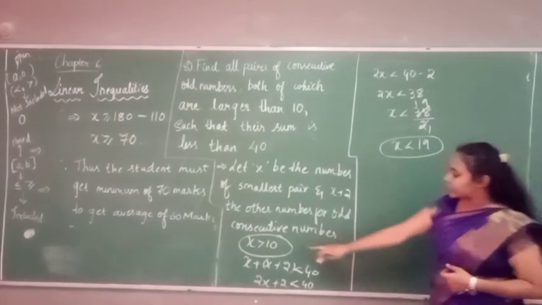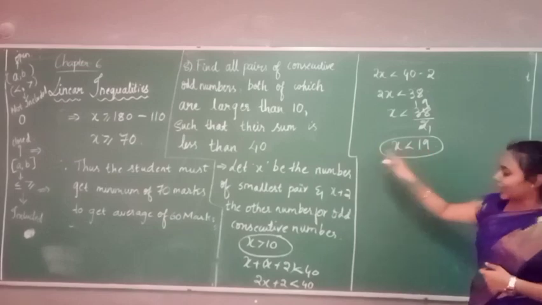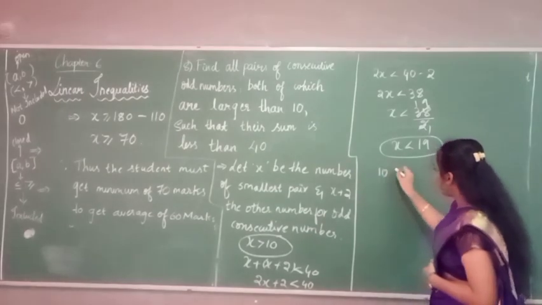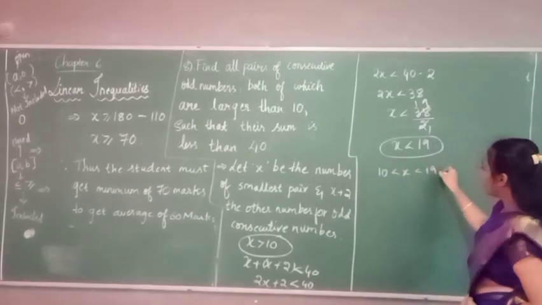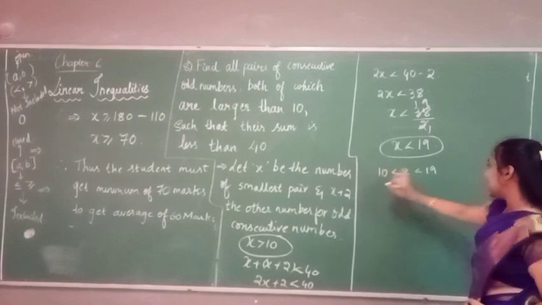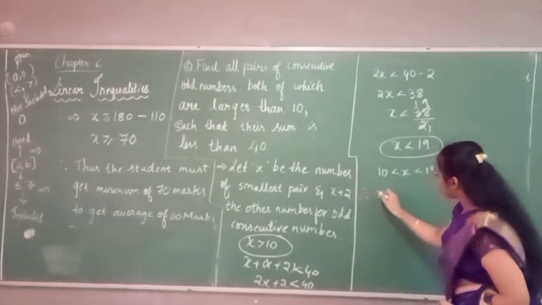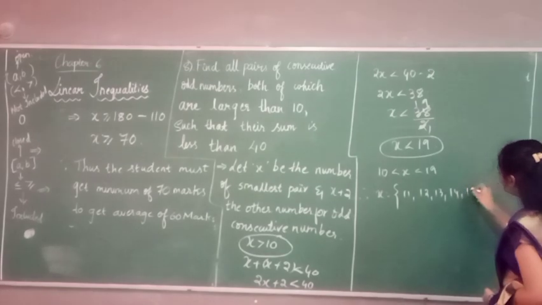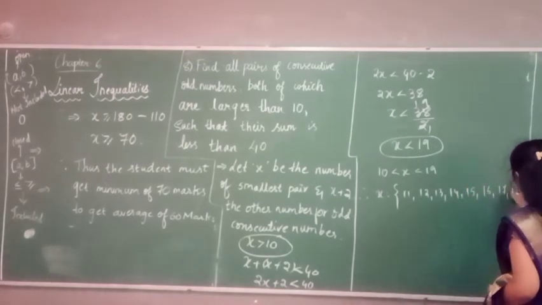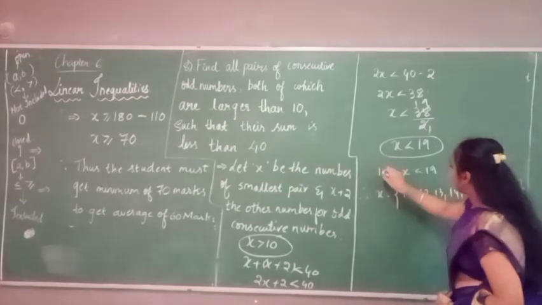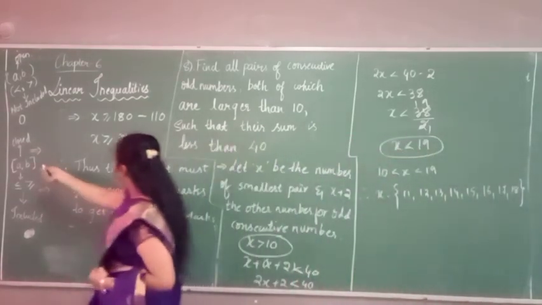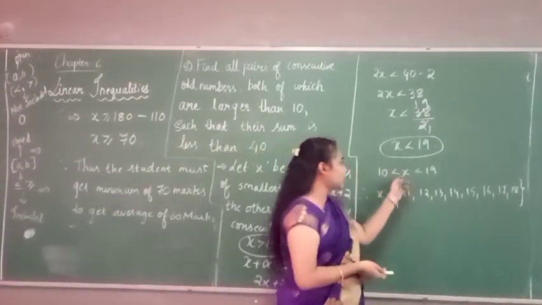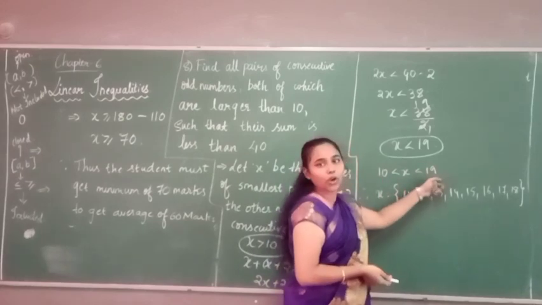So here we are having the two intervals, that is A interval and B interval. So it lies between 10 and 19. So we indicate this inequality as 10 less than x less than 19. So the numbers which lie between 10 and 19 are 11, 12, 13, 14, 15, 16, 17 and 18. Why are we not considering 10 and 19? As I have written here earlier, when it is less than and greater than, the intervals A and B will not be included because here it is less than on both sides. A interval and B interval will not be included.